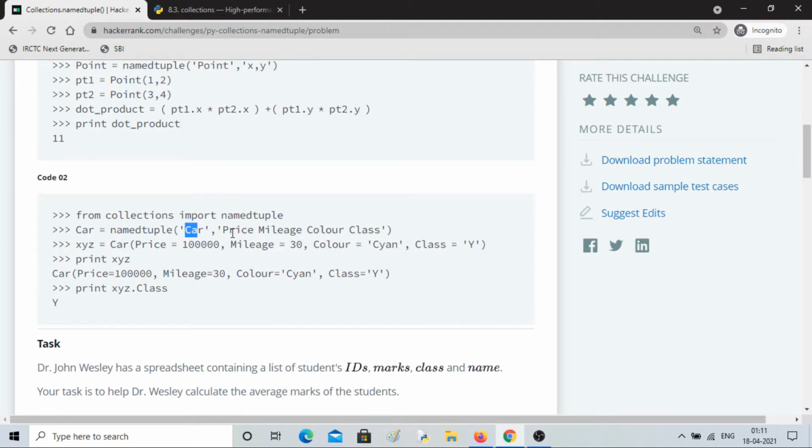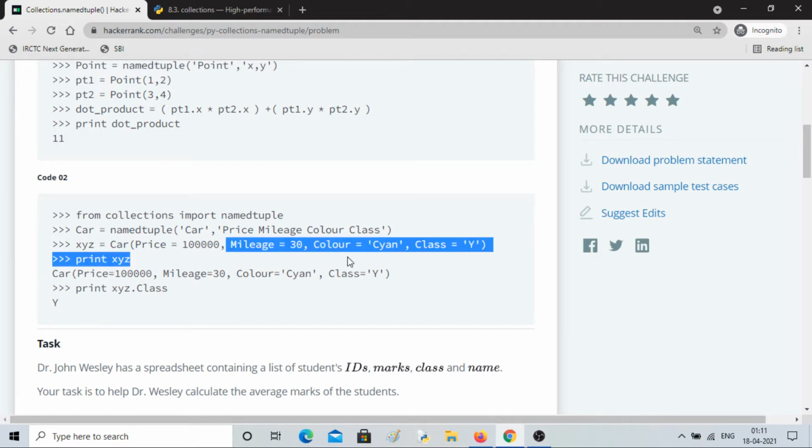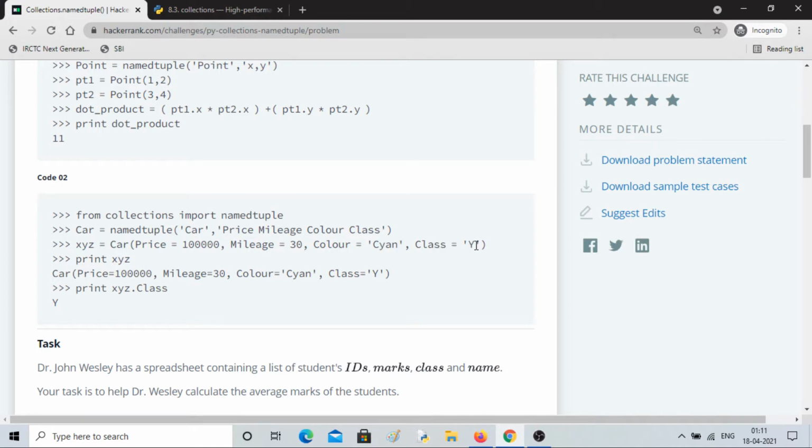Inside that you are making a tuple of price, mileage, color, and class. So let's say you have a car XYZ, you call this variable car, and inside that you have fed the data. Price is 1 lakh rupees, mileage is 30, color is cyan, class is Y. That's how you are feeding it, and you are calling it your car XYZ.